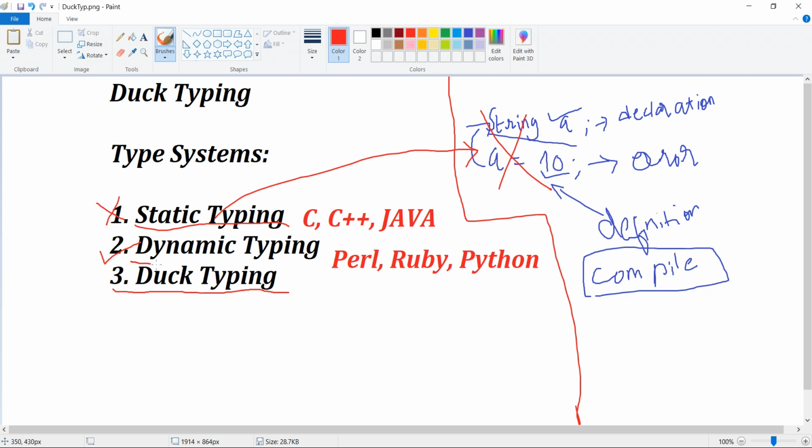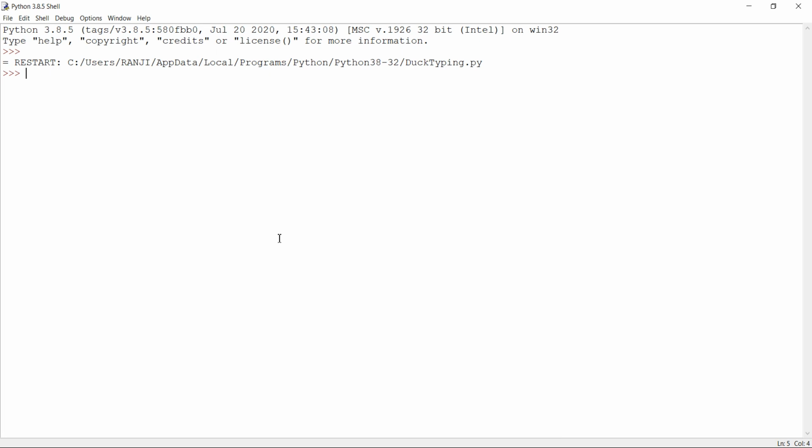Now what we need to understand is dynamic typing. I'll go to the Python shell in order to make you understand. First I assign a variable like this. Now the value 10 is of string class and I'm assigning it to a variable a. If I check the type of a, it is of class string.